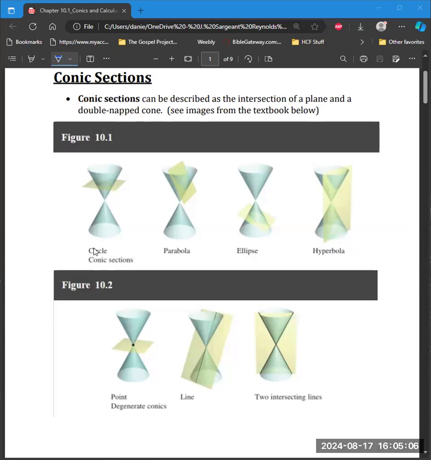And then the last type of conic section that we'll talk about is the hyperbola, and you see that the plane cuts through both the top and bottom sections of the cone. This is going to be a type of conic section where we actually have two pieces that mirror each other, because we have a piece from the top cone and a piece from the bottom cone, or top half of the cone and bottom half of the cone. The cone is both pieces. So, all right,